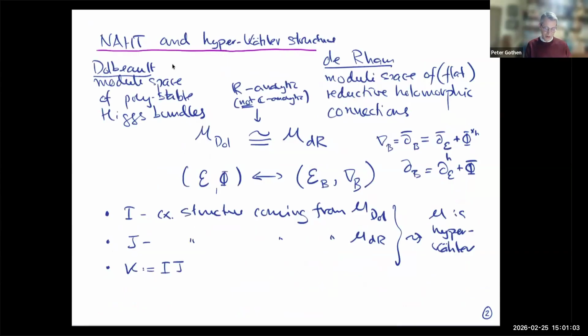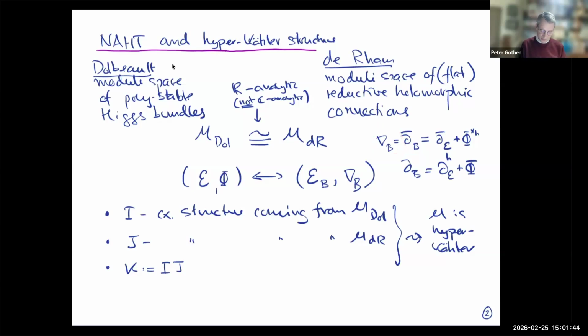So because of that, you have this famous hyperkähler structure on the moduli space of Higgs bundles, which was indeed one of the motivations why Hitchin came up with it in the first place. He wanted some examples of hyperkähler manifolds, and here's how we might understand that. So if we think on the one side, on the moduli space of Higgs bundles, which I write here as M_Dolbeault, this is Simpson's terminology, then at that side we have our Higgs bundles, and at the other side, using the non-abelian Hodge theorem, we get this flat connection, which I wrote here as nabla_B.